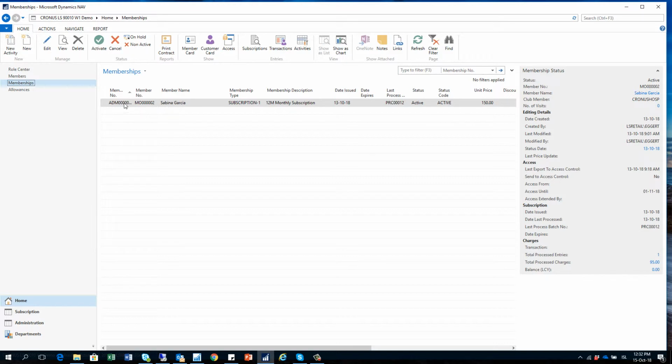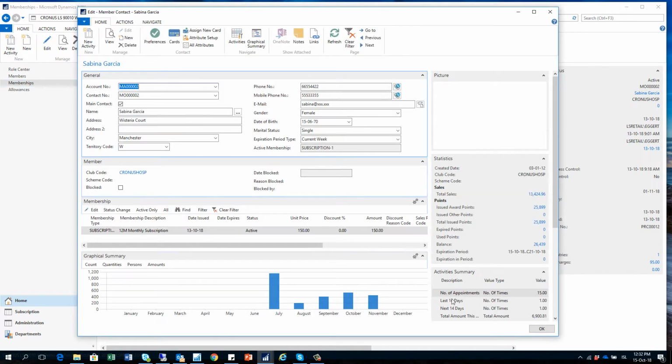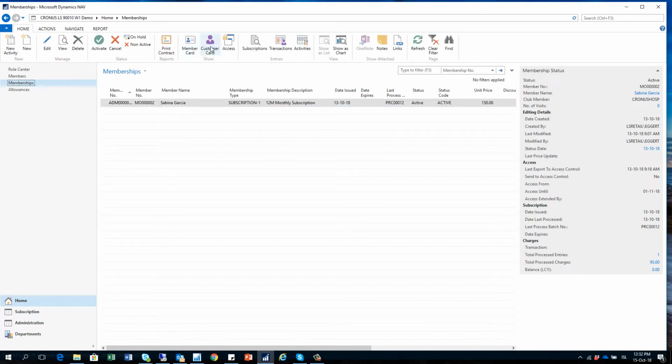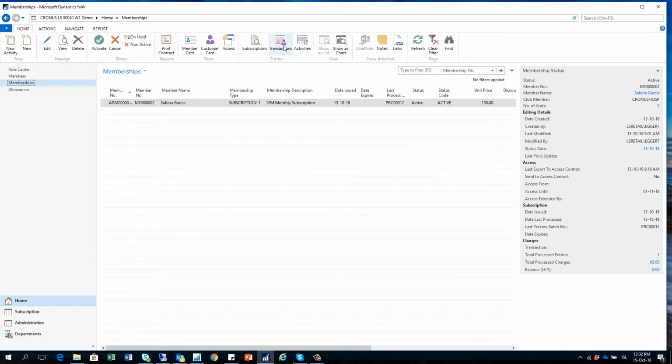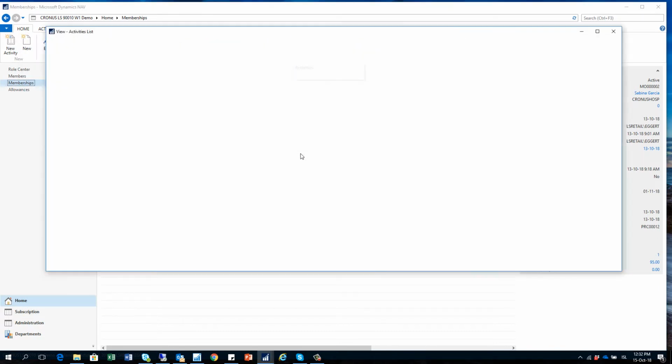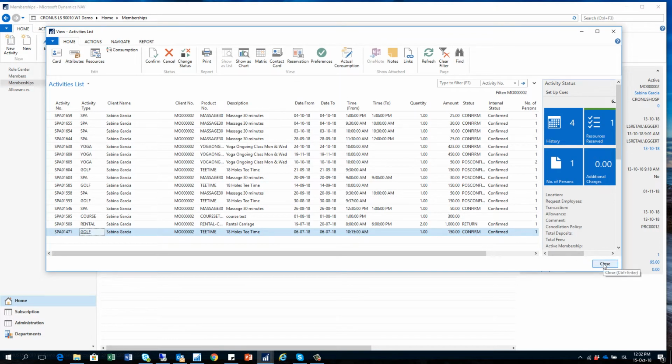And here you can have the details of the membership. You have the fact box with further detail, how many subscription transactions you have created and posted, the customer account status or the balance of the customer. You can then access the details, the member card of that particular member, the customer card. Basically, each member has a customer account, their subscription entries, their customer transactions, and their activities which they've reserved, like